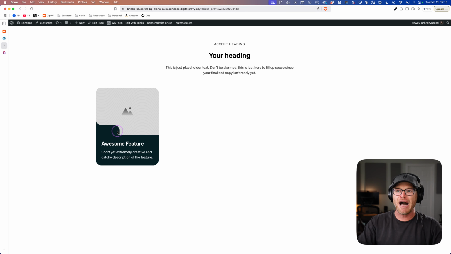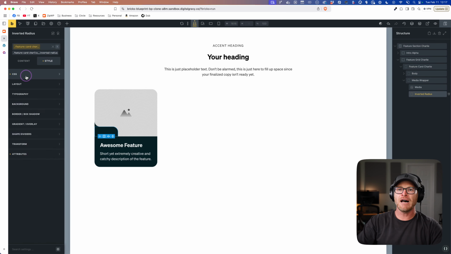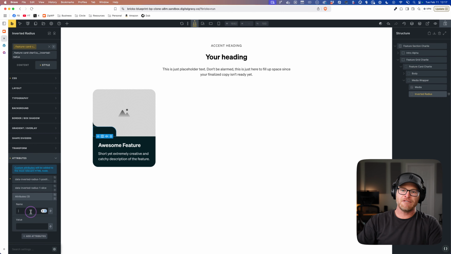Now, if I had to draw a box to create this, would I draw the box on the inside or would I draw the box on the outside if I want to slice that corner right there? You guys see where my box needs to be positioned on the outside bottom? Bottom right outside, bottom right outside. Okay, so we're gonna go back in here and we're gonna say, inverted data, inverted radius 2.